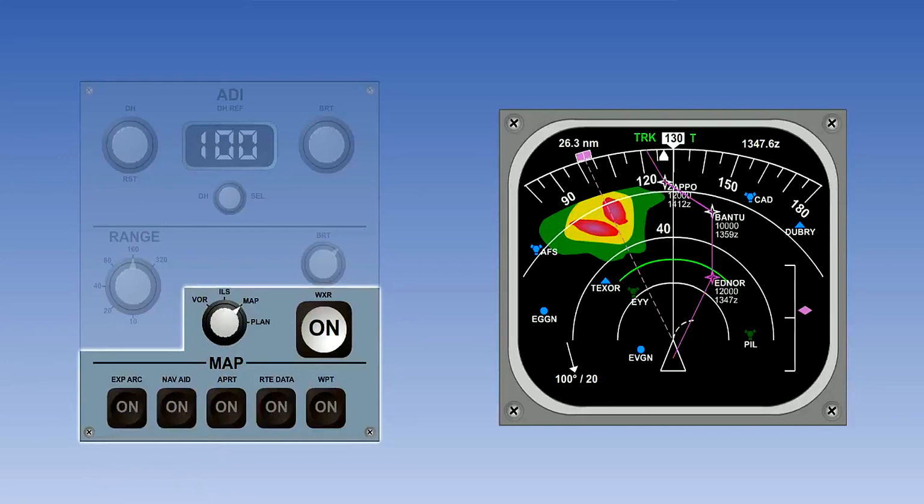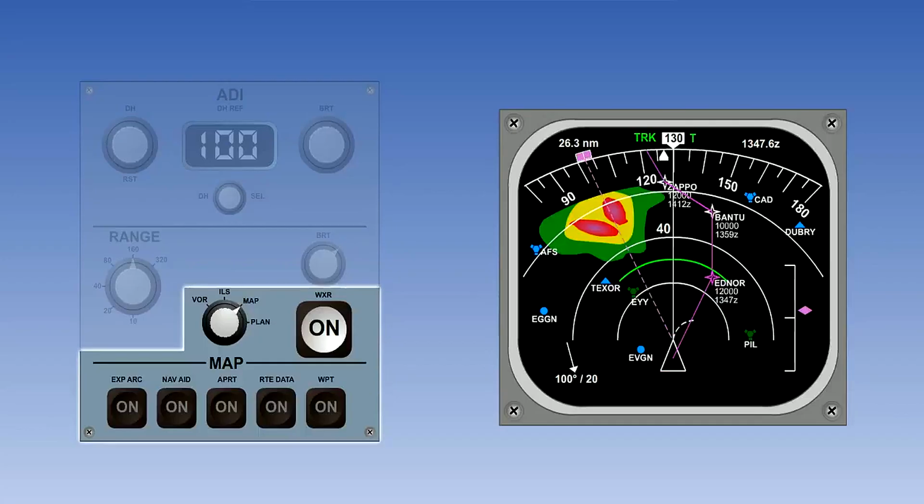Traffic information from TCAS, the Traffic Alert and Collision Avoidance System, can also be displayed along with terrain information from the Enhanced Ground Proximity Warning System, EGPWS. Once again, the triangular symbol at the base of the display represents the aircraft and flight information up to 90 degrees either side of track is displayed.